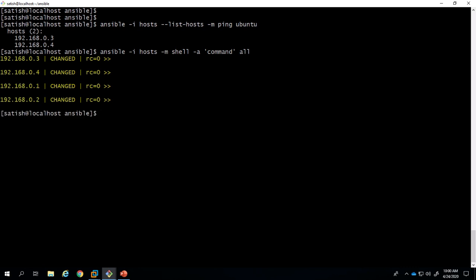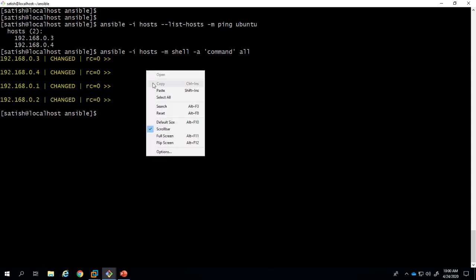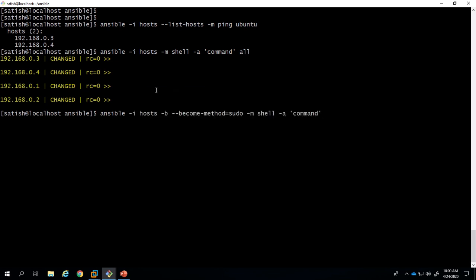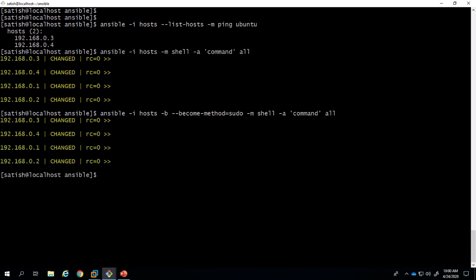Now the shell command: ansible -m shell all will get a shell on all virtual machines. All means all groups, like Ubuntu and CentOS, whatever is mentioned in the host file. I consider this host file to be my simple project, so make sure whatever content you put in the host file is all correct.